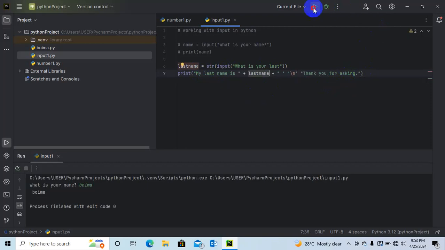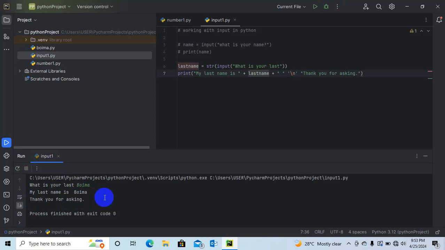It's asking what is your last name? I can give a space and say my last name is Boyman. You see, my last name is Boyman. Thank you for asking. So this is what we call concatenation. We give our input, then it writes a sentence for us.